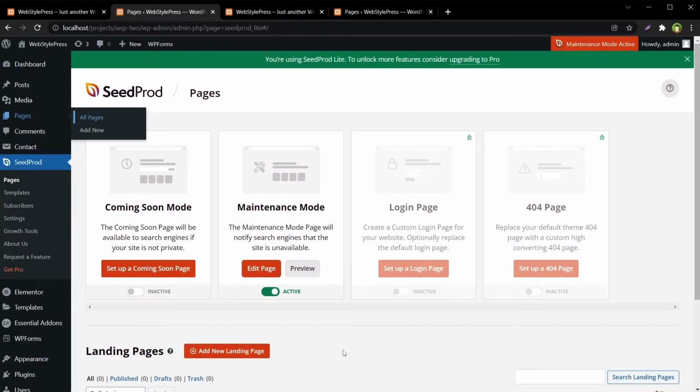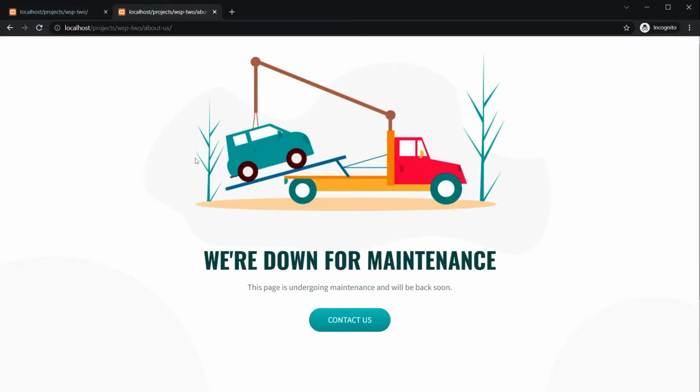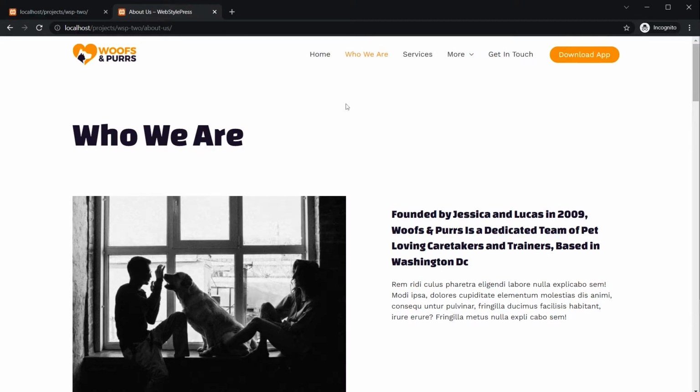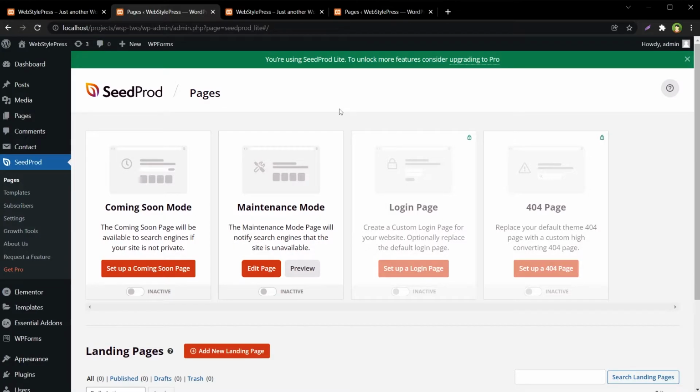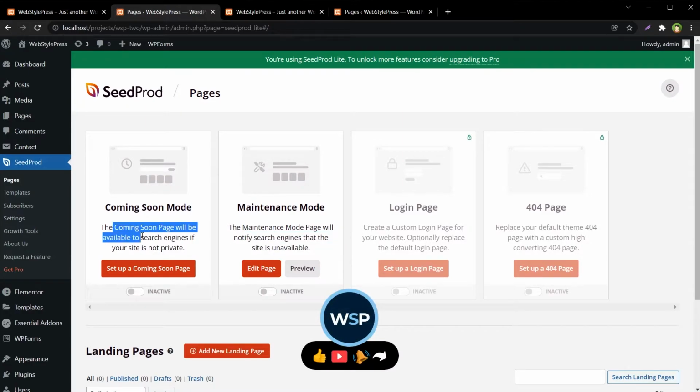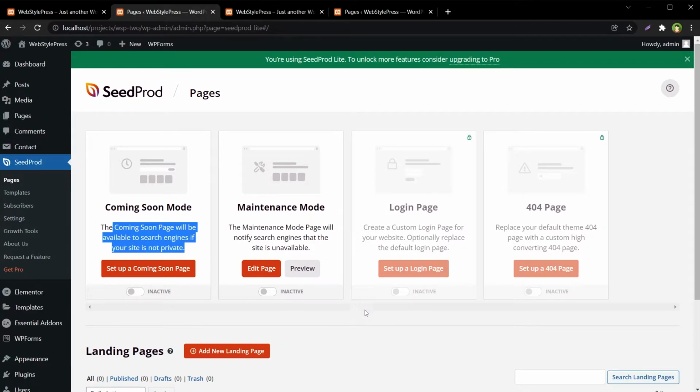To deactivate this maintenance mode, I can deactivate it by hitting this check button. And now the site is back. Maintenance mode will notify search engines that the site is unavailable, while the coming soon page will be available to search engines if your site is not private.